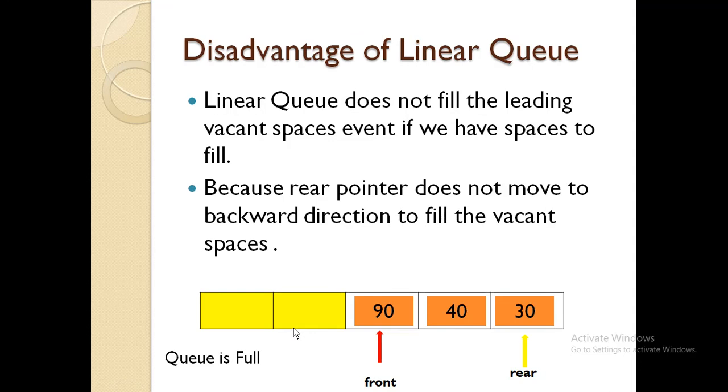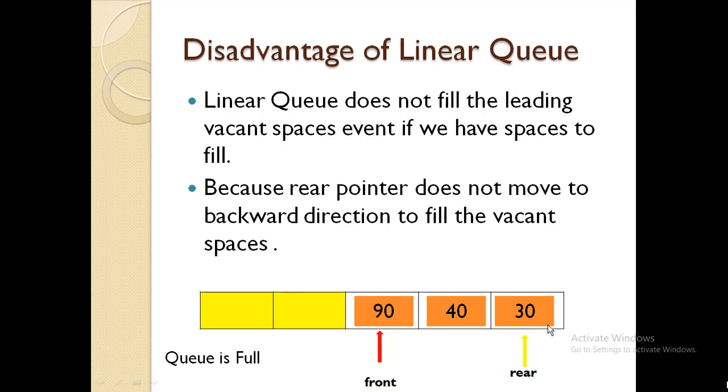One of the disadvantages of a linear queue is that the front pointer is always incremented. It is not decremented, that means it doesn't move in a backward position. So even if I have some spaces, you can see that here I have two leading spaces. The front pointer is at the third element, the first two elements are deleted, and my rear pointer is at max. It means that I have some spaces left, but as my rear pointer is at max, I cannot reuse these spaces for filling new elements, because the rear pointer doesn't move in the backward direction.